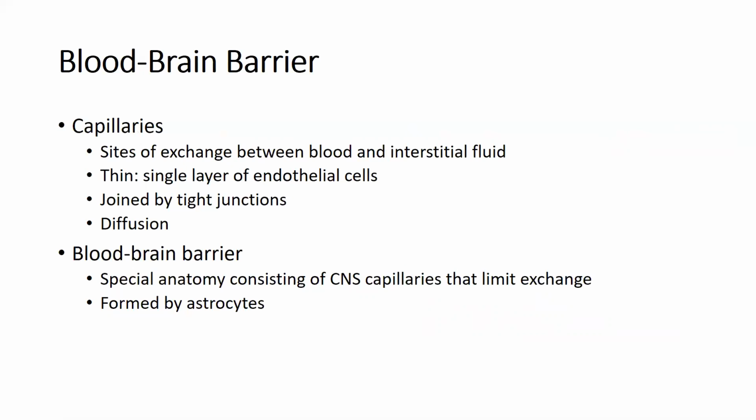It's formed by capillaries in the brain. So it's formed by those capillaries, which are the site of exchange between the blood and the interstitial fluid. And then there's a thin layer of endothelial cells. Right? A thin layer of endothelial cells actually lines this blood vessel. These endothelial cells link together hand in hand by tight junctions. We talked about tight junctions already. These are those junctions where two cells hold onto each other so tightly that nothing can get through them. Okay, so the tight junctions between the endothelial cells